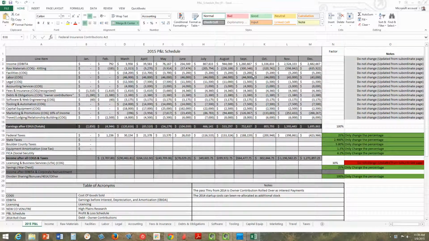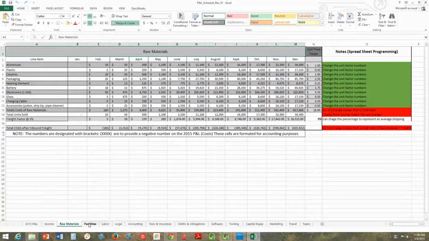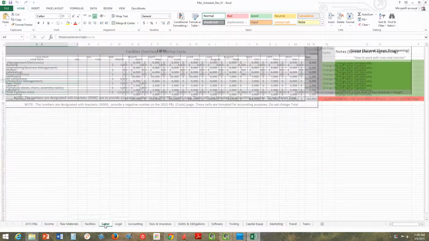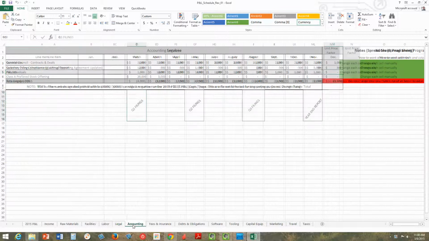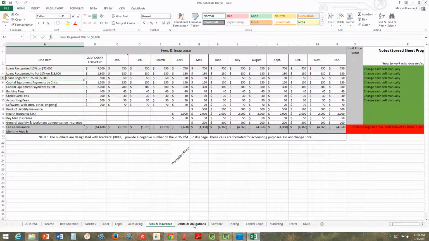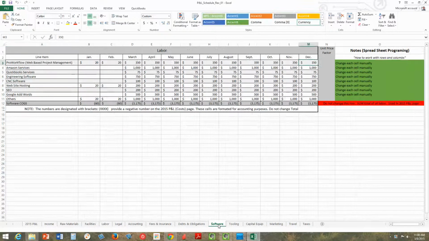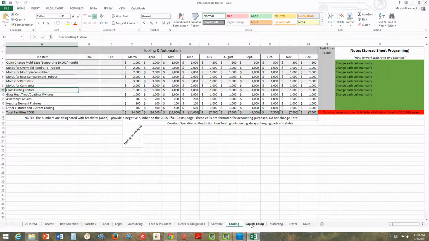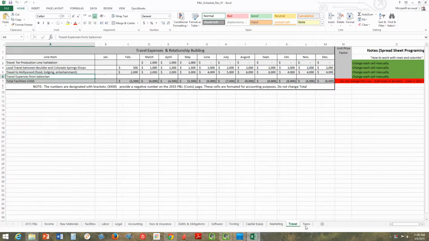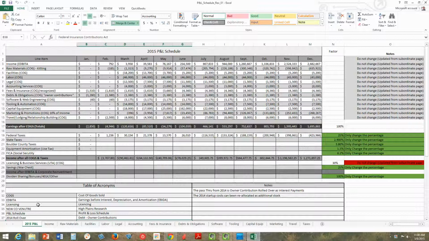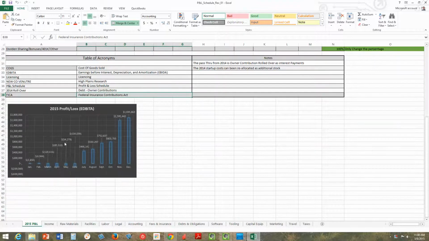Okay, this is Pat, and here's the spreadsheet that I'm working with. It's called a P&L schedule, and here's the main sheet which drives everything from some of these other sheets that run along the bottom here. So you'll see raw materials, facilities, labor, legal, accounting, fees and insurance, debt and obligations, software, tooling, capital equipment, marketing, travel, taxes. So anyhow, let's go back here and take a look at this one main graph